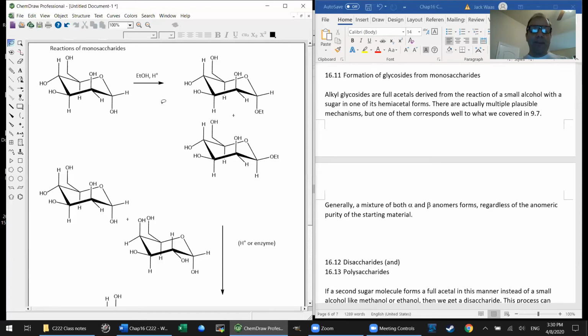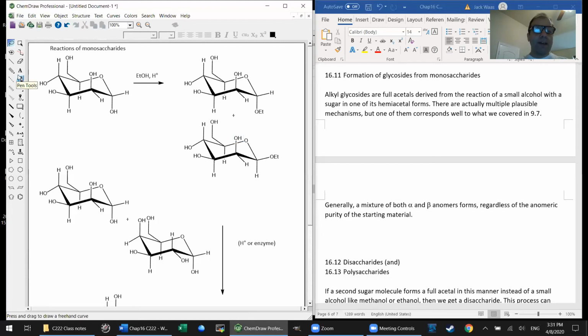But be that as it may, mechanism aside, even if you started out with anomerically pure sugar, in other words, this one would be, let's see, that's pointing down, so it's alpha, right? Because the consonants and vowels don't go together. So let's say you started with this sugar in the pure alpha form. After the reaction is over, you will get both alpha and beta in terms of the